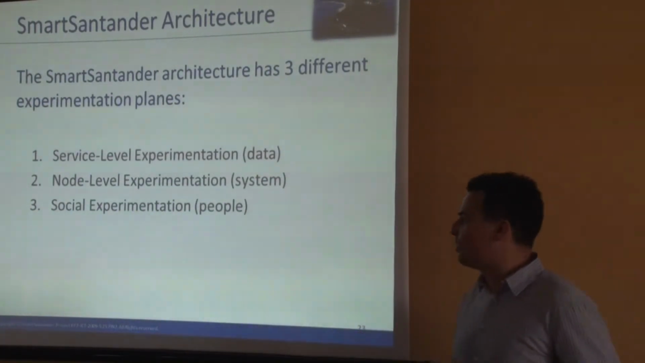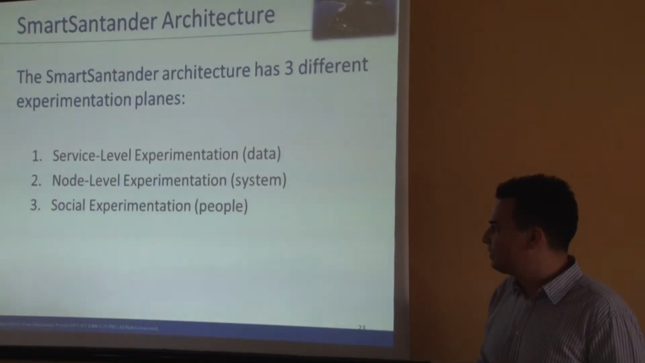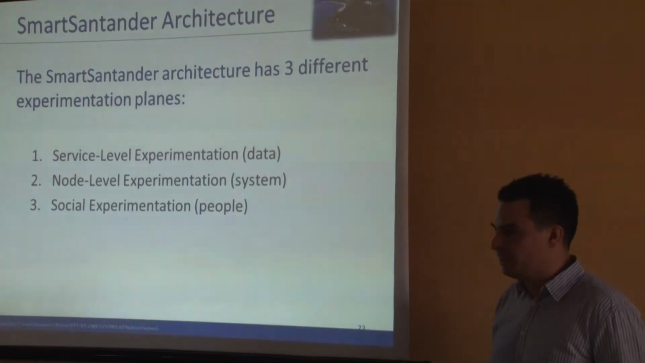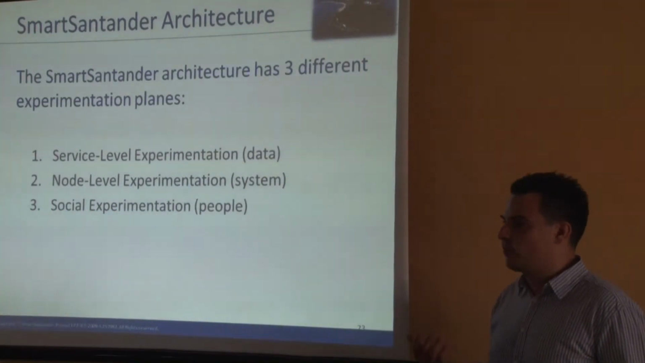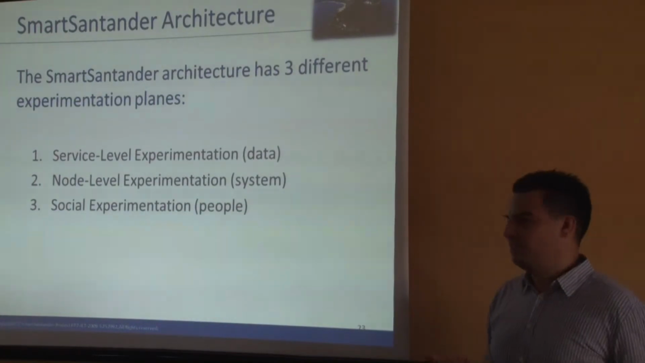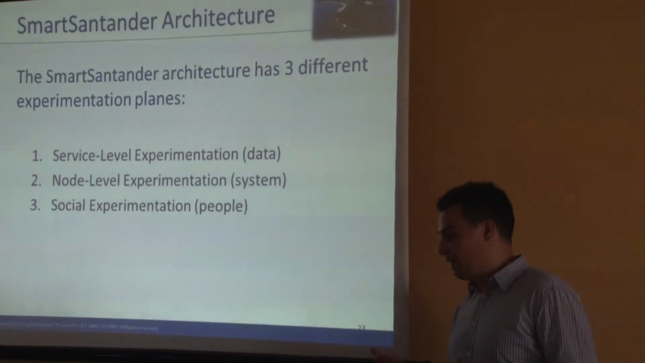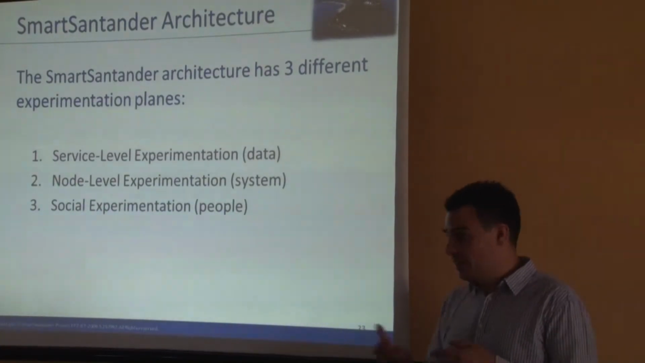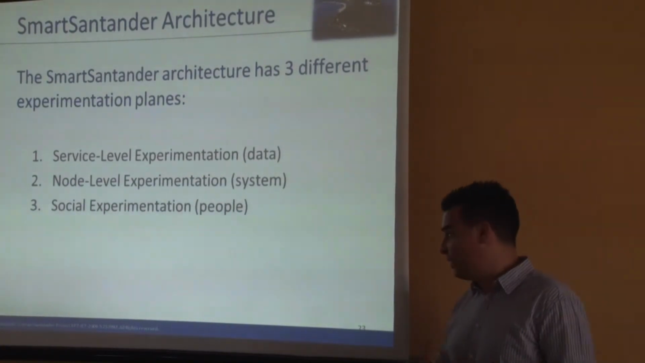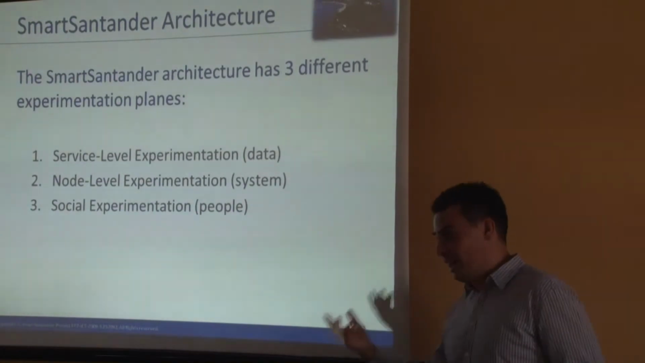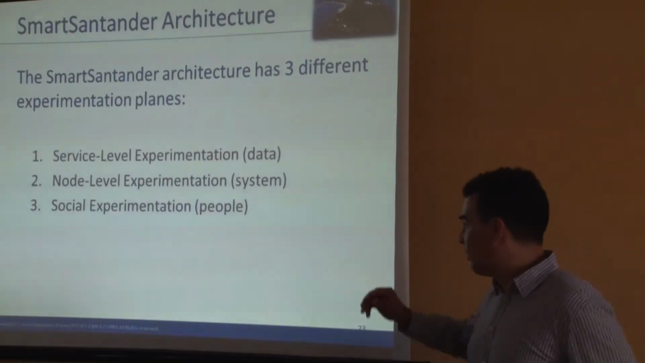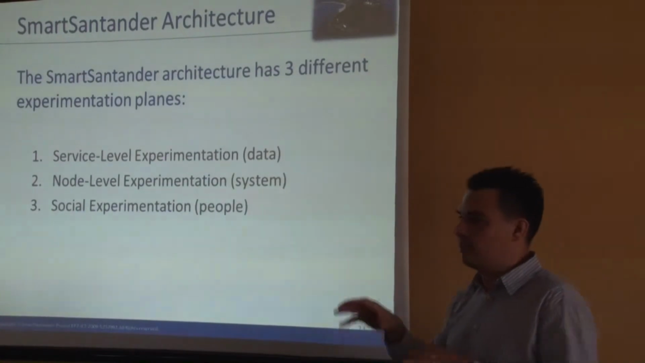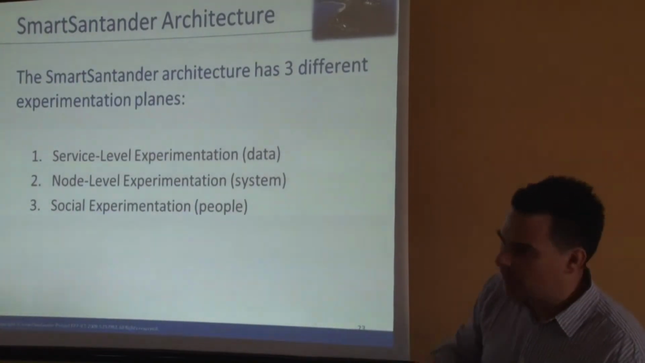And the last one is where it's more social, people-oriented experimentation. And here, for instance, as an example, we have applications running on smartphones of citizens in Santander. They deliver data at a certain rate and so on, and you can tap into these data streams and analyze and do things with it. So these 3 different types you can imagine, and in these 3 different types, the architecture supports you also